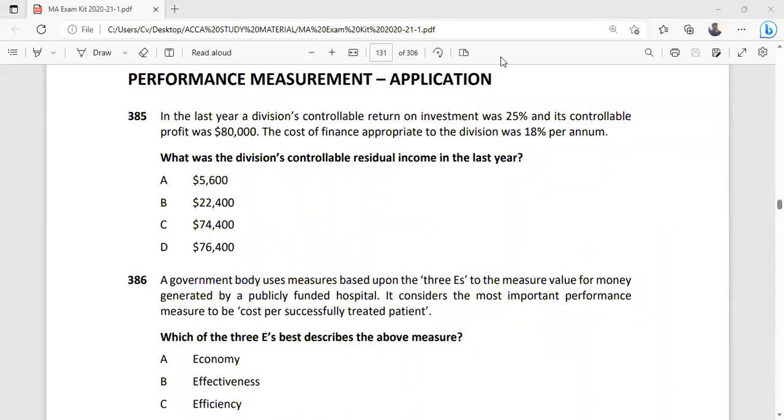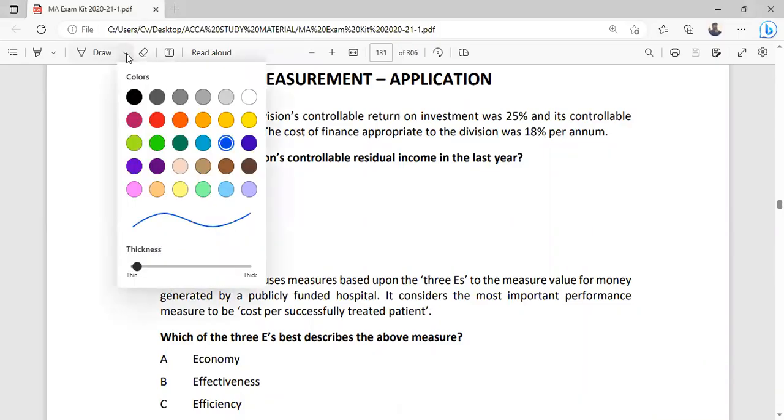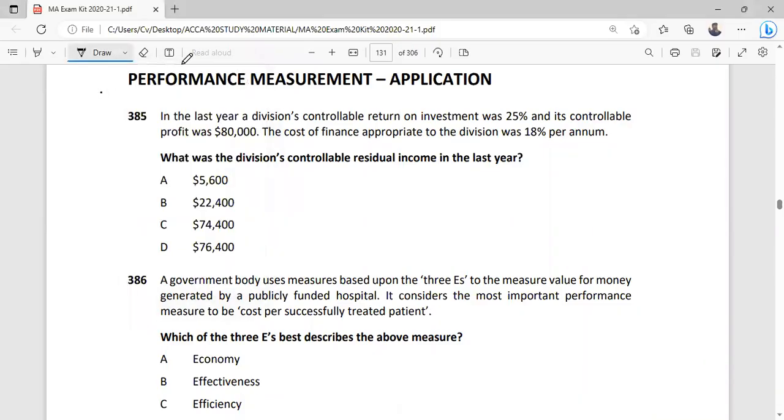Today's topic is performance measurement. As we know, performance measurement can be asked by the examiner for